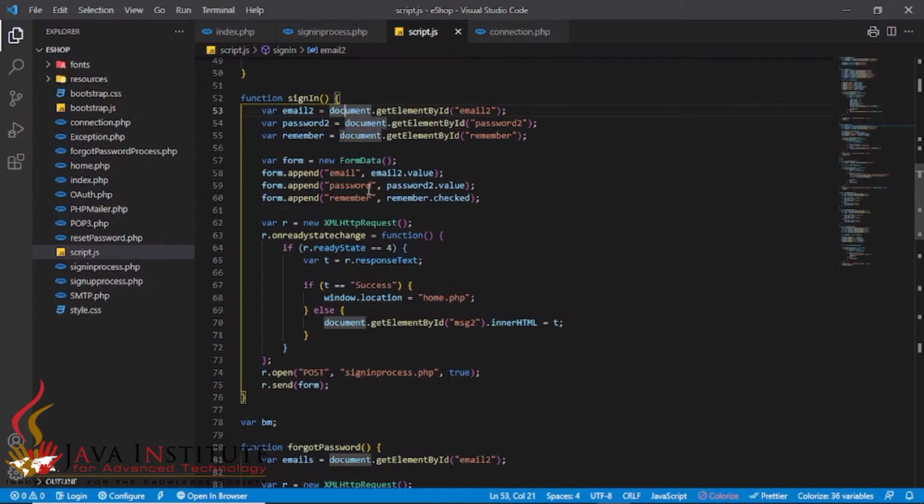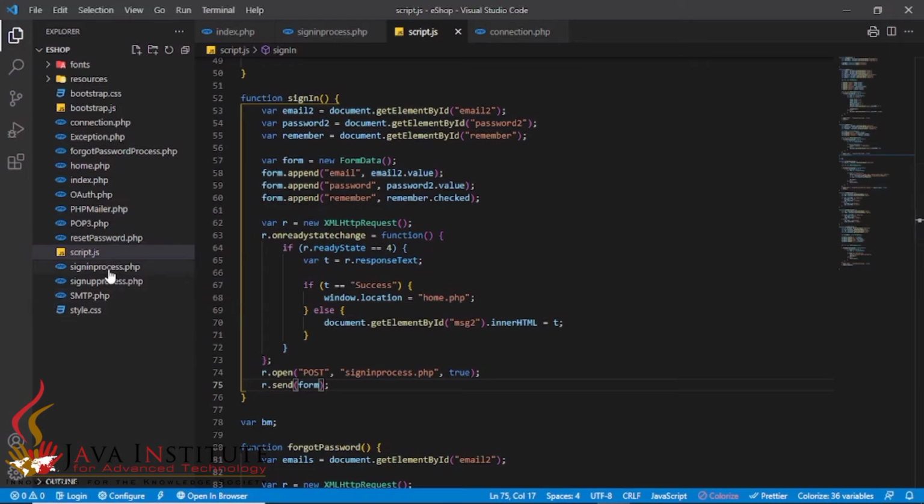Then I have created a virtual form and appended the values of the input fields for the email and the password to that form. Here I have created an Ajax object. Then I have passed that form via the post method to this sign-in process.php file.